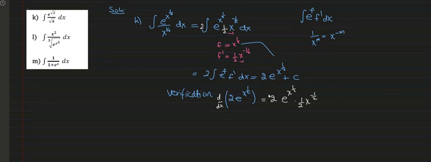So if we took that and differentiated with respect to x, the 2 will drop as a constant. E power something will be itself times the derivative of that thing. The derivative of x to the power of half is half x power negative half. Now simplifying this out, we can remove the 2 with the half, and we will be left with x to